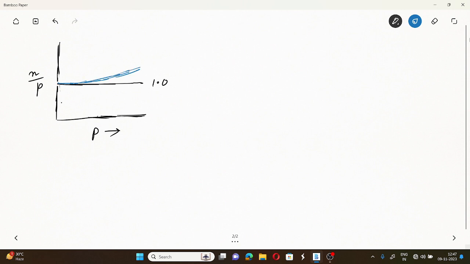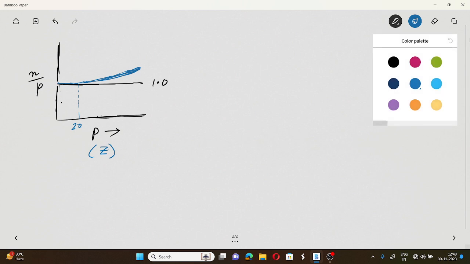and since it is a zone, as we have mentioned, it should be like this. There is a zone, from 1 to 20, where the n by p ratio is 1. Okay, so this plot, that is n by p versus z,